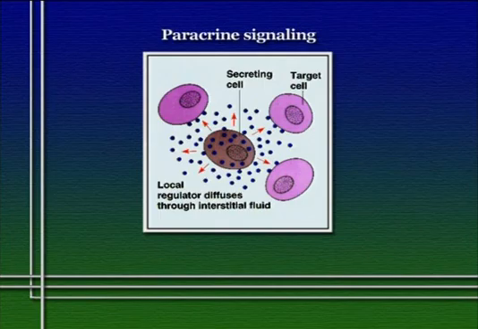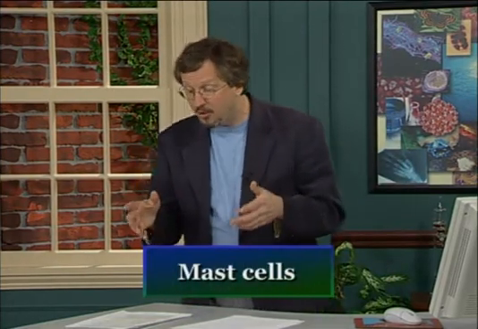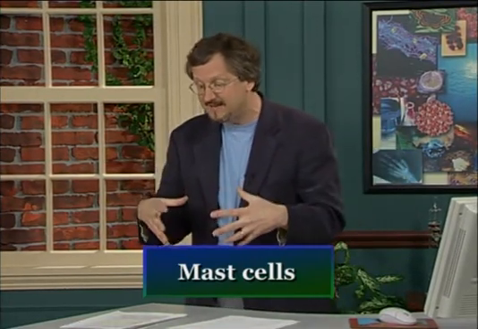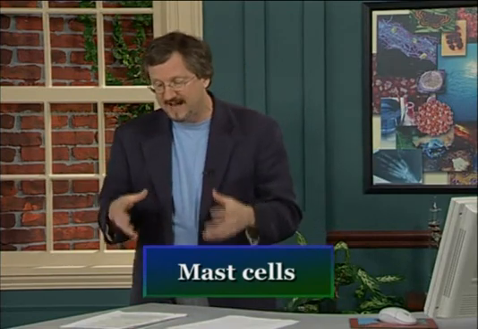Now, an example of a local regulator is the compound histamine. This compound is responsible for causing inflammation, a tissue response that normally helps protect an animal's body from invasion by foreign materials or microorganisms. Histamine is released in tissues that have been damaged from specialized cells called mast cells. Mast cells store histamine in large amounts in vesicles and release this chemical when the mast cell detects an injury